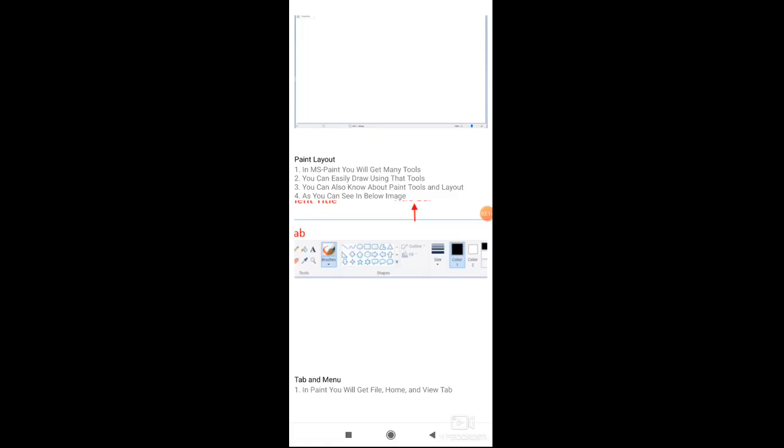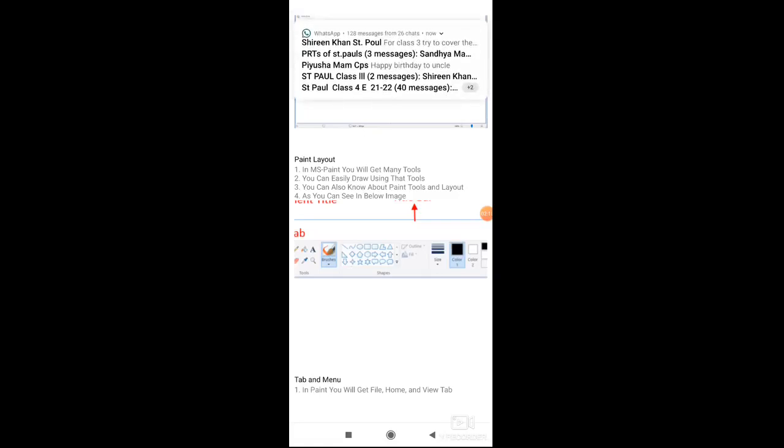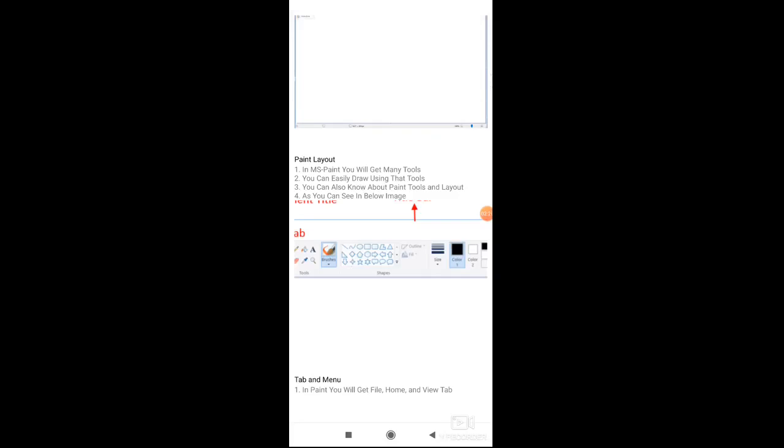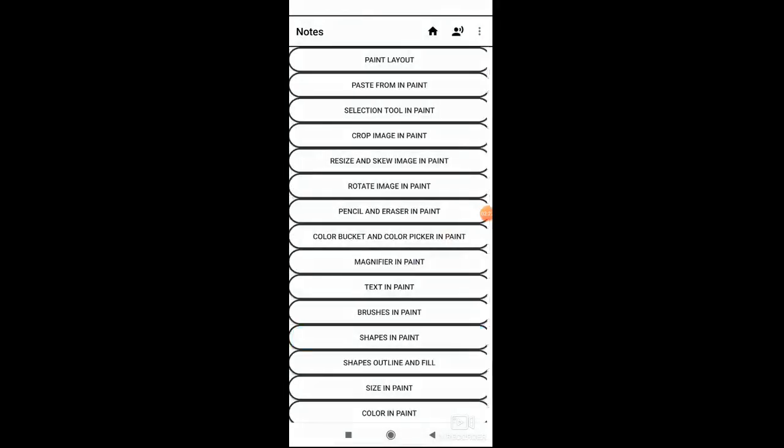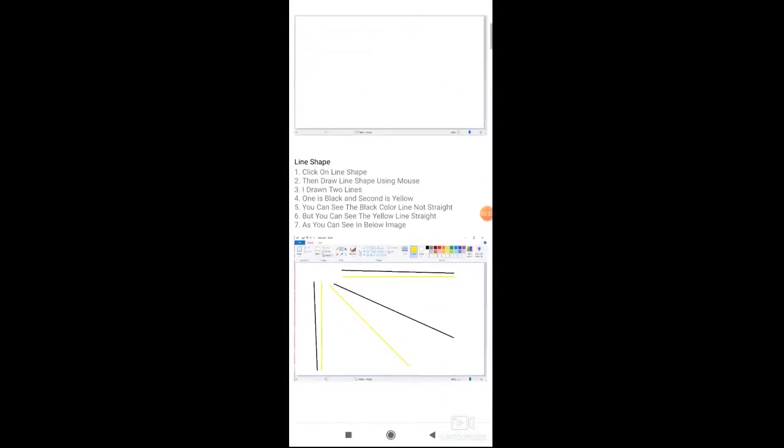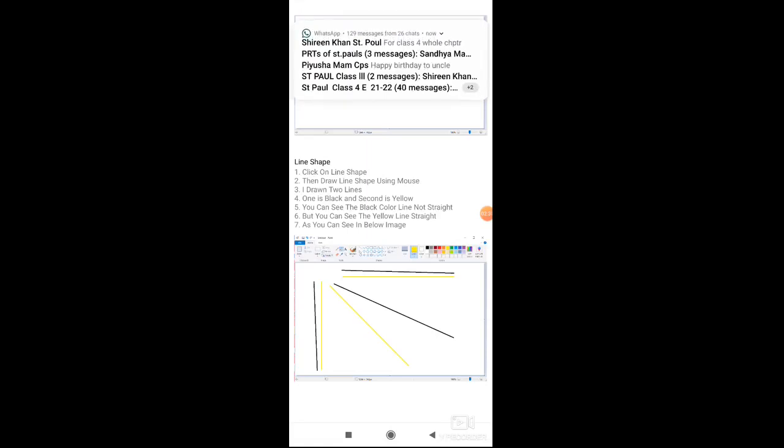So you may choose any shape from here. Then what steps do we follow? We will firstly click on the line shape. Suppose we want to draw a line, so we'll click on the line shape. Then draw the line using the mouse.